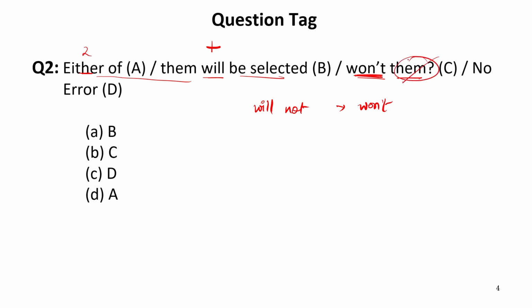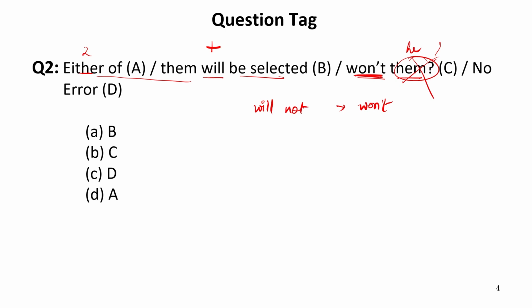But this word them is incorrect, because we need a subjective case over here according to the subject. So either of them, it means one of them. So won't he. This will be the correct answer. Because if the gender is not defined, or it is a common gender, we have to give preference to the masculine gender. Therefore, he should come over here. And after which we have a question mark. So the correct sentence will be either of them will be selected, won't he? This will be the correct question tag.